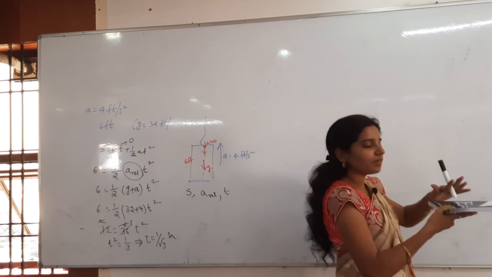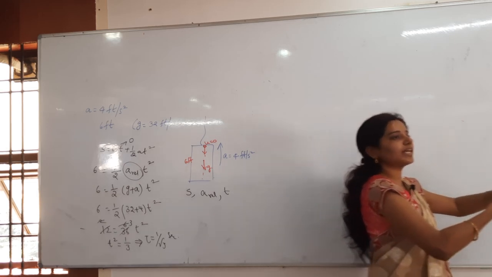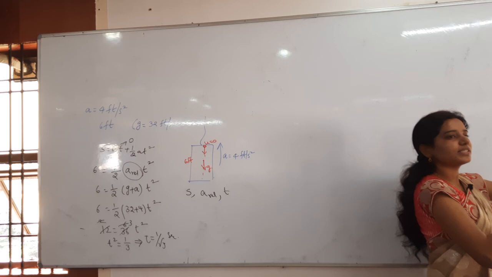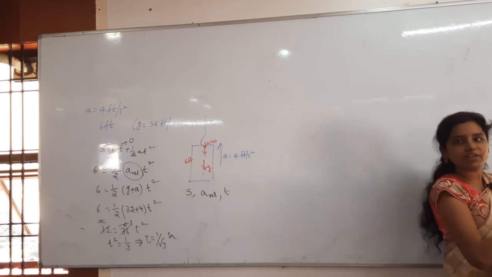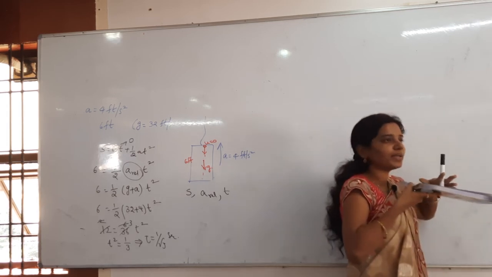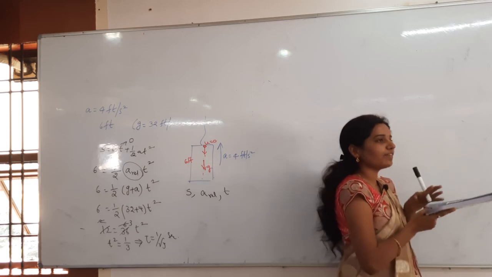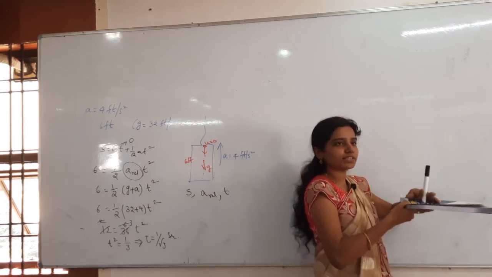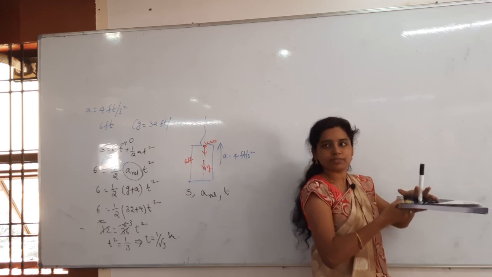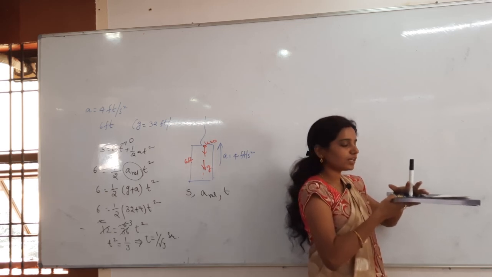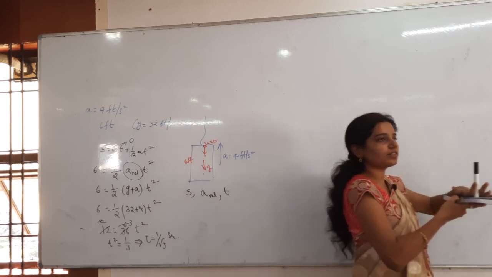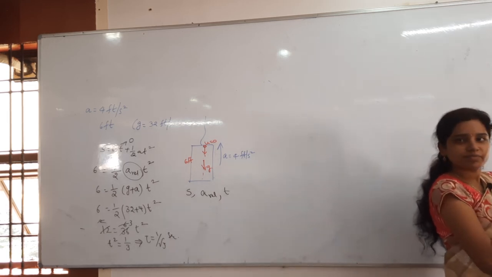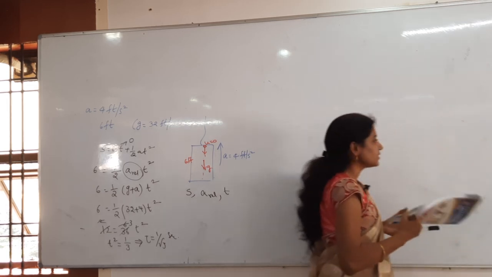Clear? So what is happening? The ship is going along the X axis, the truck is coming along the Z axis, the monkey is going along the Y axis. Clear? All are happening at the same time. First of all, everything is at rest. First the ship is there, on the ship the truck is there, on the truck the pole is there. Everything is at rest. Once the ship is started, then the truck also started, then the monkey also started. Clear?